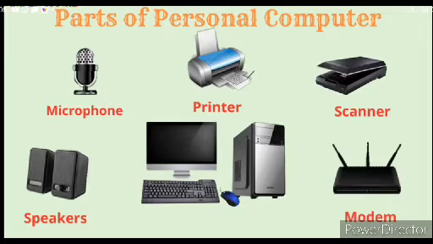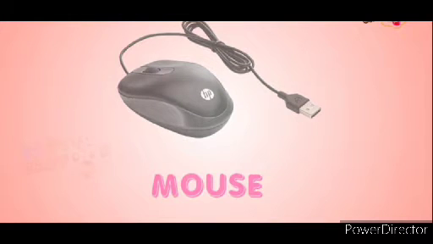Next we see the mouse. It is an essential part of a computer. A standard mouse has two buttons and a scroll ball in the middle. The mouse is used to move the pointer on a computer screen, and the right button is used to select the files and to open the folder, and the left button is used to carry out the corrections, that is the editing process in the file.